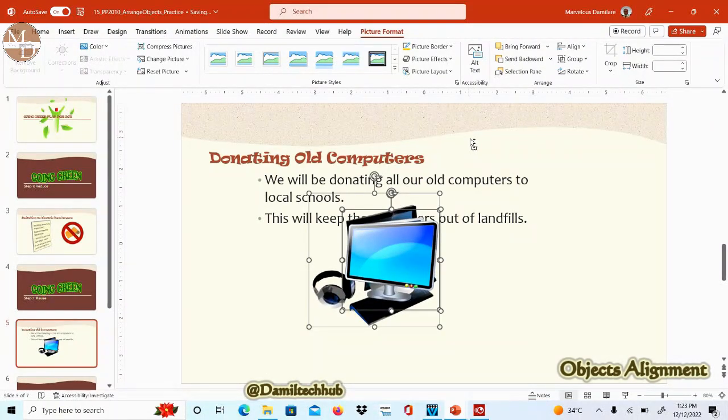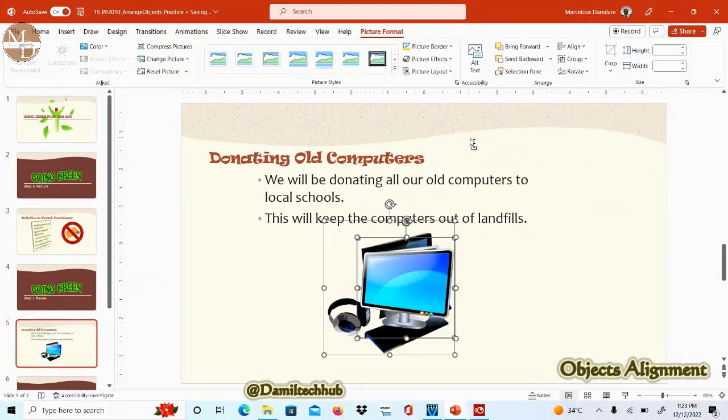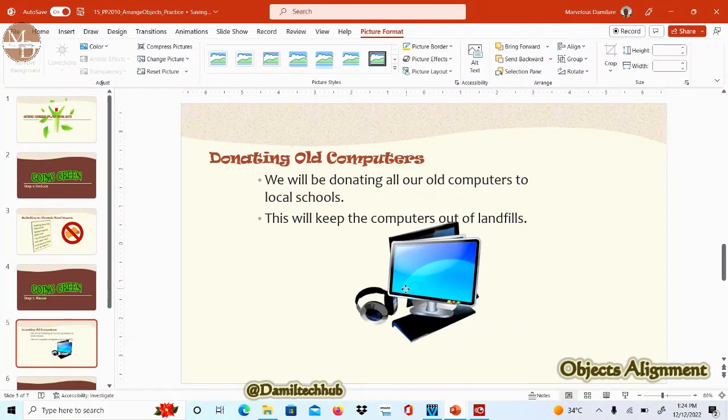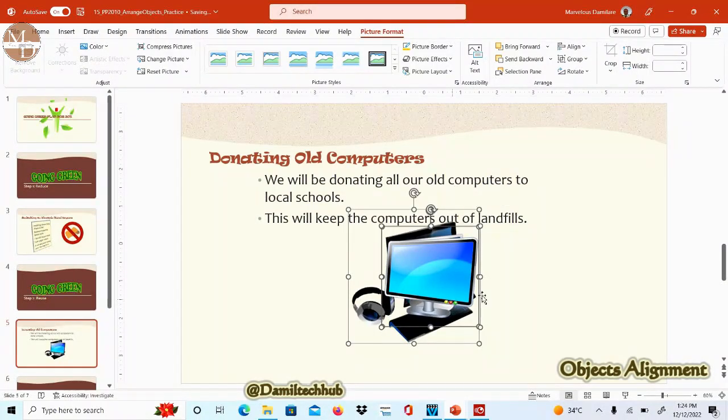So let me undo what I have done earlier. I want to undo. So that is alignment. You can align your object, you can also distribute it. Now to distribute objects